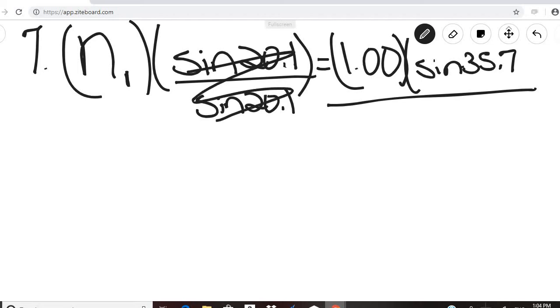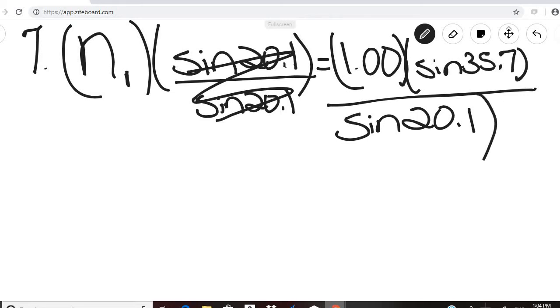That gets rid of that on this side. So if you take the sine of 35.7 times 1, divide by the sine of 20.1, you should get that n1 is equal to,